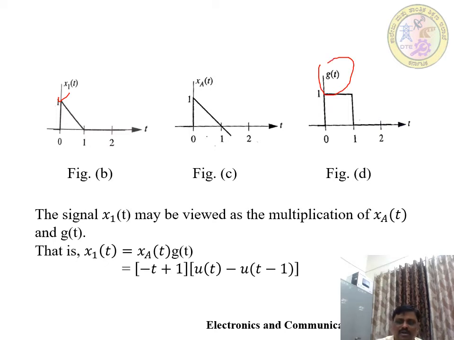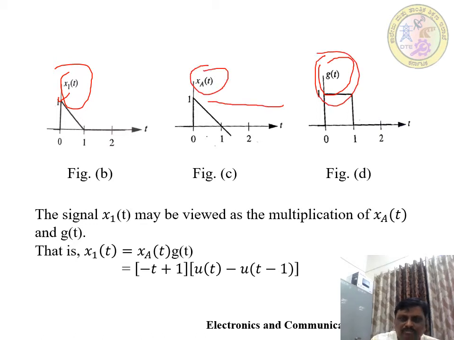The earlier figure can be represented separately and later combined, as this x1 of t shown in the previous slide is equivalent to multiplying this function with this function. Therefore, x1 of t is equal to this function into this function,